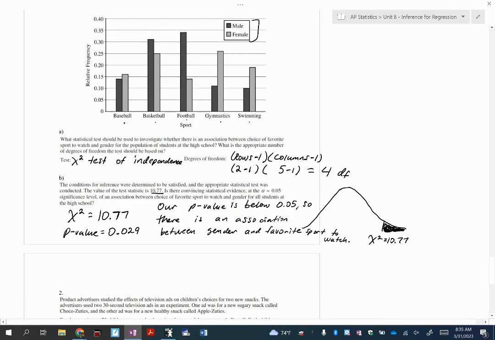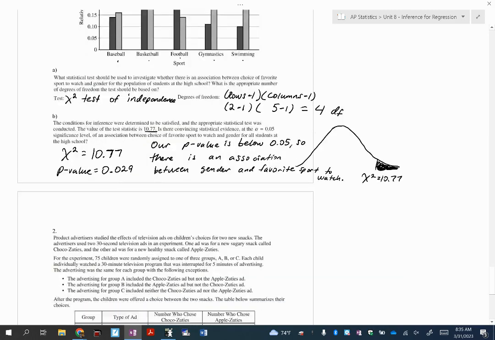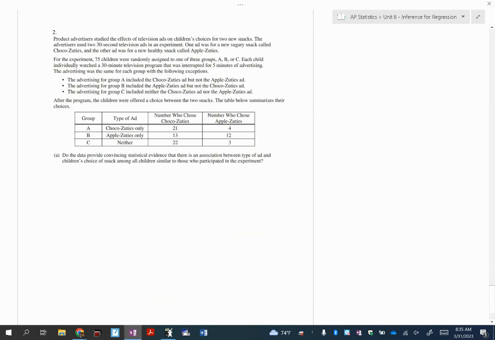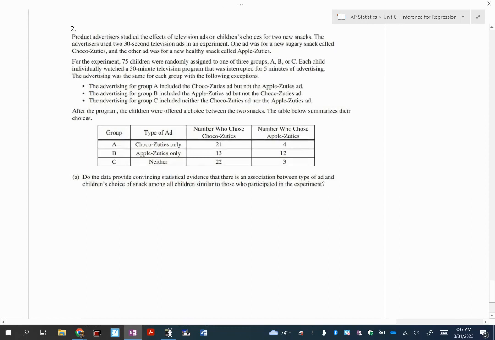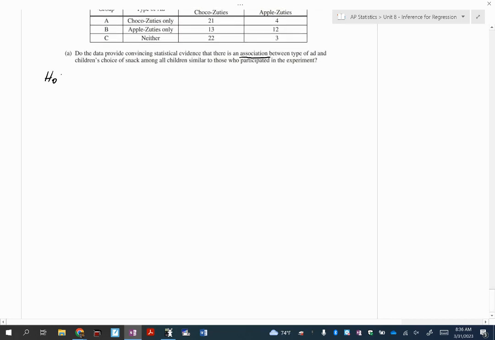We didn't have to actually run any of the stuff, but it gave us a chance to go over a few things that are important about chi-squared. Okay, number 2. Number 2 states that we're trying to figure out if there is an association between the type of ad and the children's choice of snack among all children, similar to those who participated in an experiment. So my null hypothesis in this test is going to be that there is no association. We're trying to prove that there is one, so we always want to assume that there's not one. So there is no association